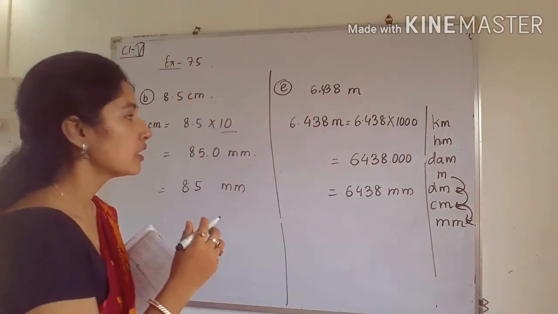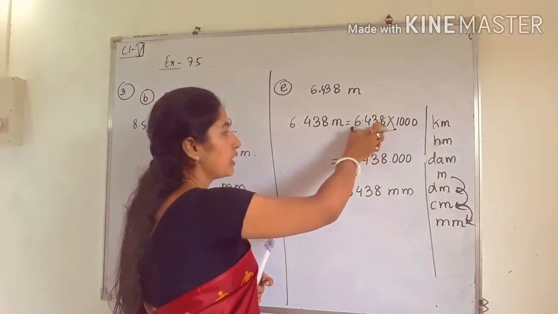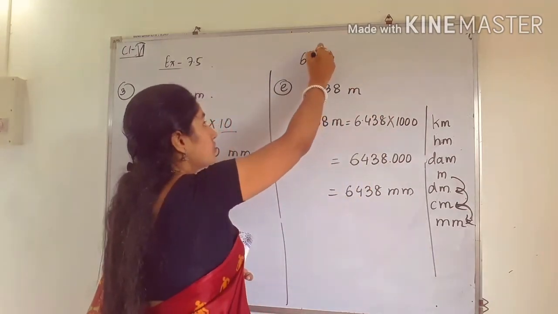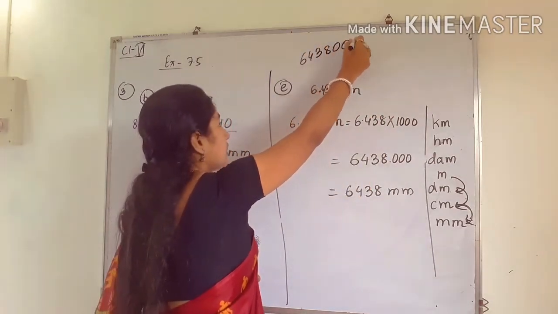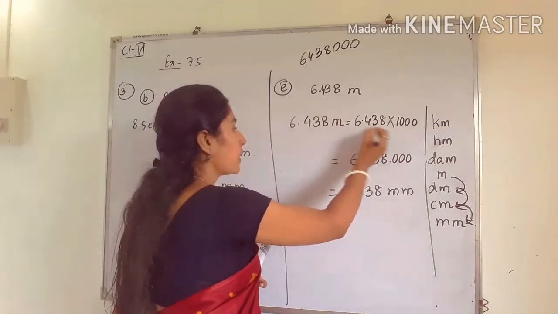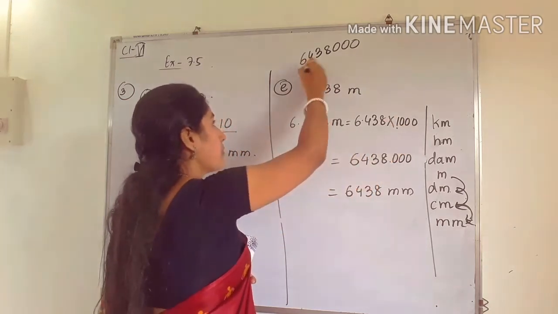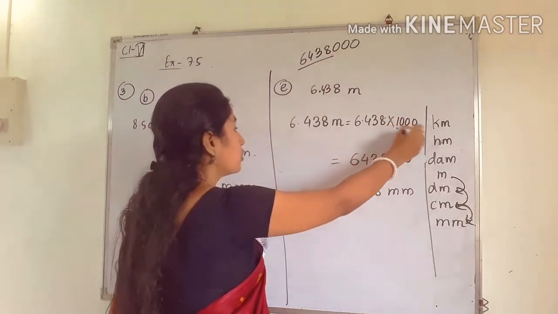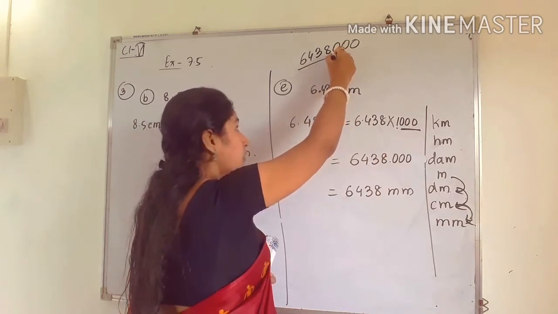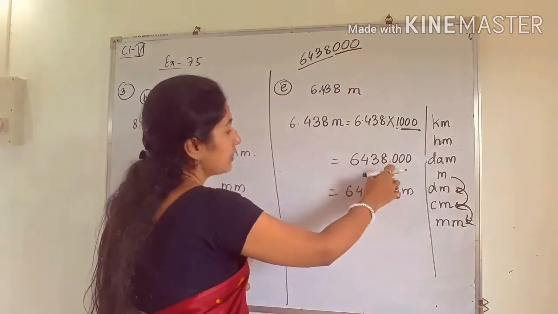You have to just see, don't see the decimal point. Just see how when we multiply this number with 1000, what we will get? We will get 6438000. And how to multiply? Already I told you that we have to multiply this number with 1. If you multiply this number with 1, we will get the same number, and after that you have to put the 0 at the end. So after putting the zeros at the end, we will get 6438000.